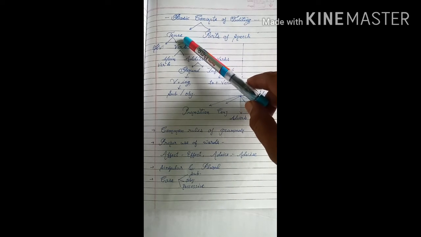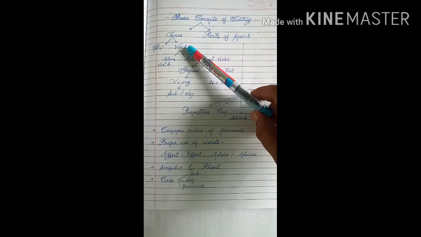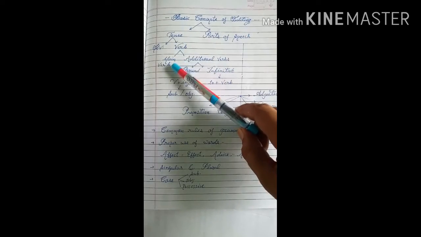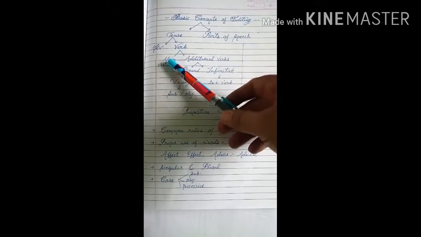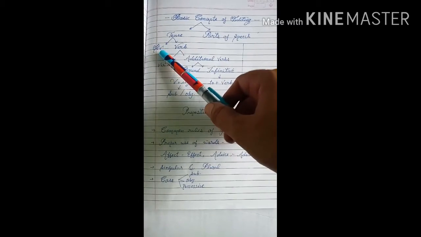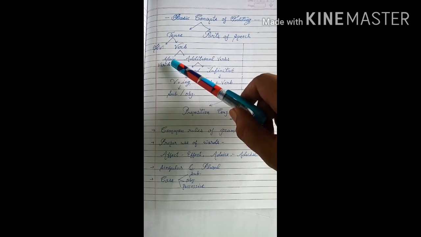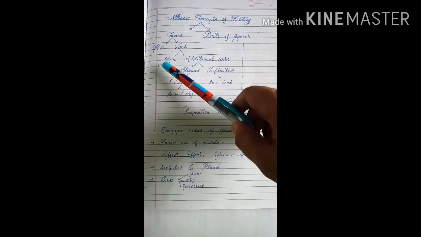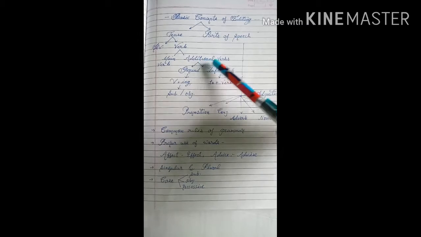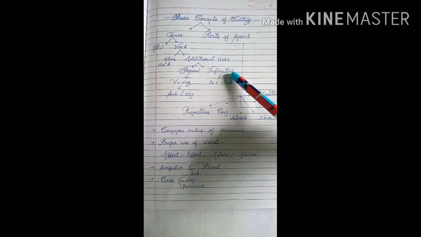In tense, we can see there are two things. First is the helping verb, and the second is the main verb. Verb means main verb and the additional verbs. So, by observing the helping verb, we can come to know what is the tense of the sentence, as well as the main verb also gives some points about which tense the sentence belongs to. In the sentence, we can see the main verb as well as some additional verbs which work like a gerund as well as the infinitive.